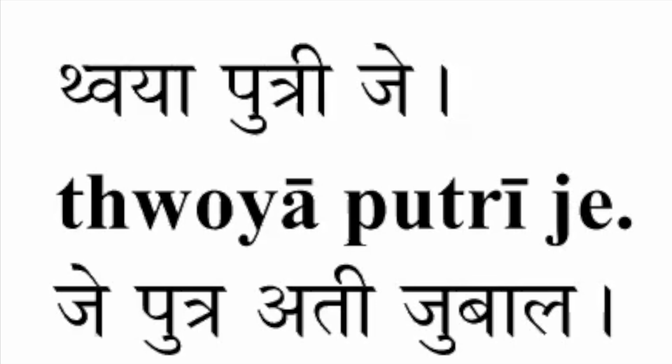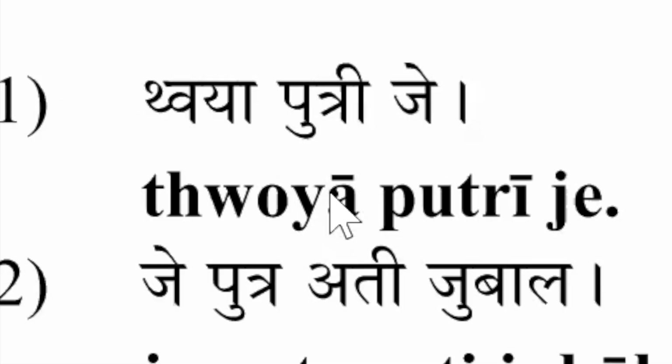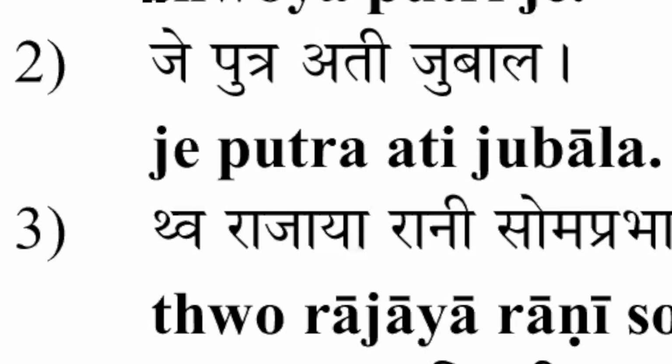Oh yes, exactly. Or put it into a more English way. I'm his son. It's his son or daughter? Okay, sorry, it's daughter, it's Putri. Dhoya Putri J, so I am the daughter of him or her, or of that person. And then the next sentence, we have something related to my son. There's one word that we haven't seen before, Jubala, that means gambler.